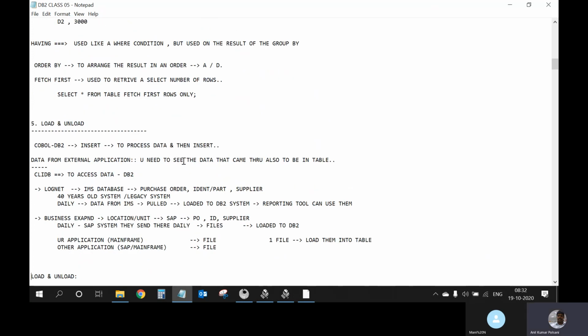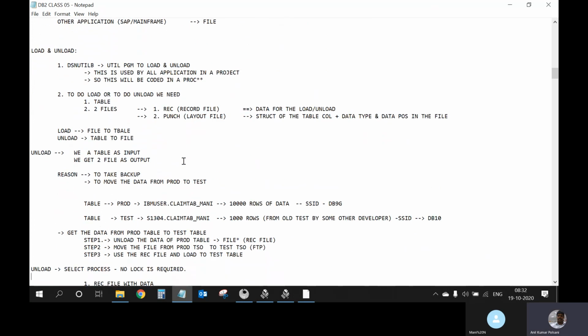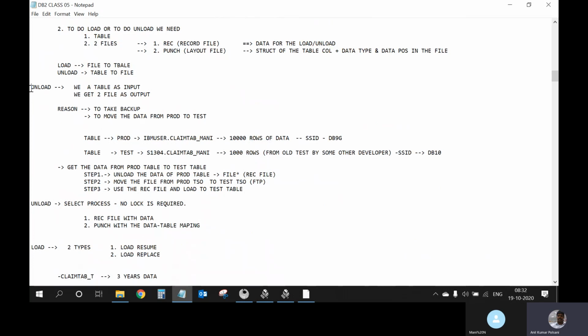Okay, so as part of the load unload process, first we will do the unload one, in which we need one table and we'll get two files as output. One would be the rec file, one would be the punch file. Yes. So for that,